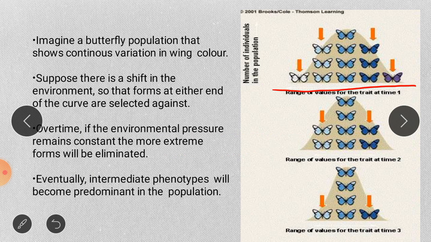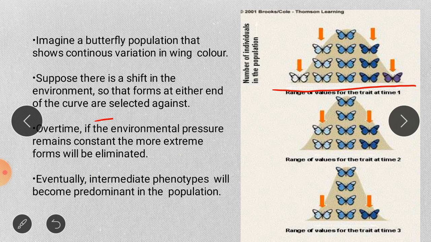So you can see purple, blue, purple color, then we have a dark blue, then blue, light blue and white. So these are the 5 wing colors or variations we will find in the butterfly wing color. So suppose a shift takes place in the environment, and that is going to form either end of